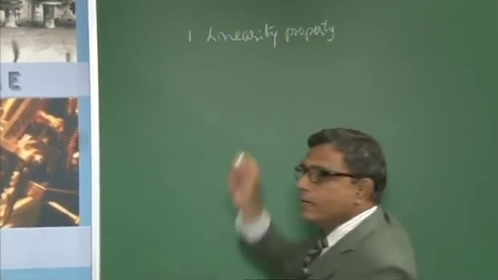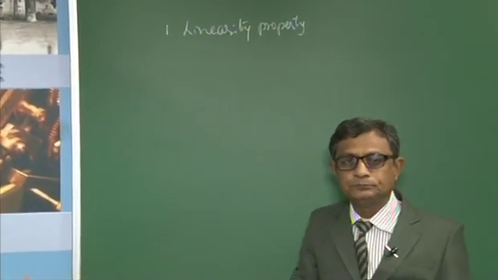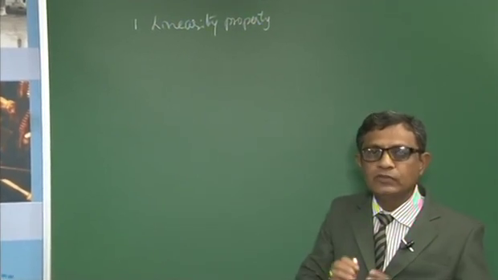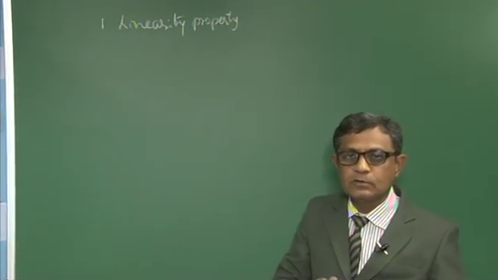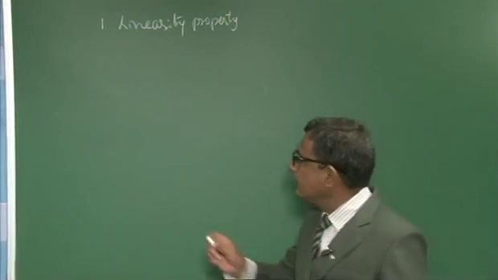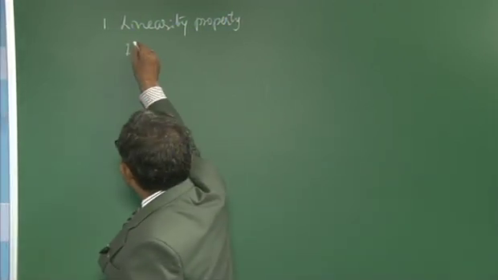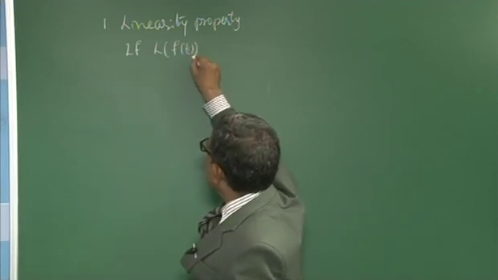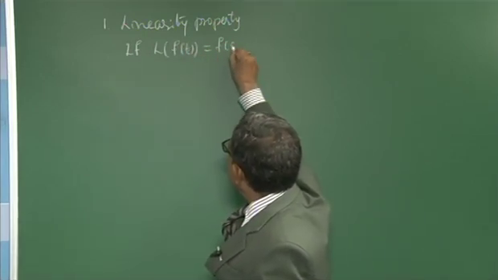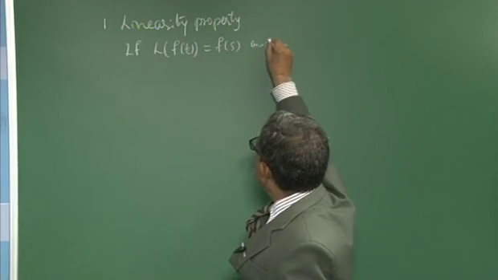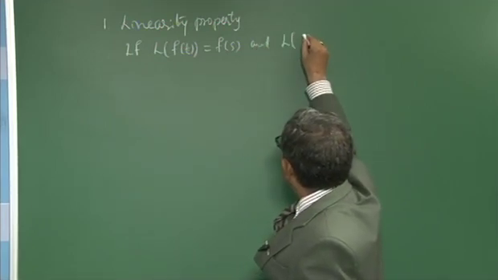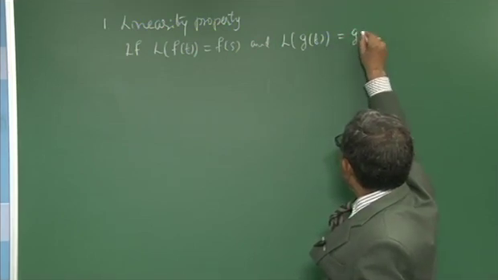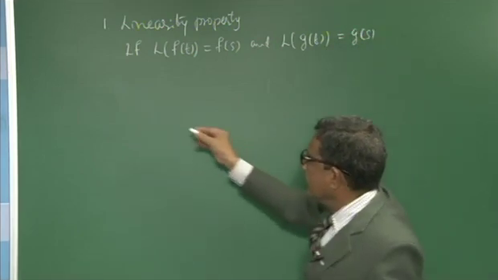In the linearity property we take the constant outside the Laplace transform operator, that is, if L of f of t is equal to F of s and L of g of t equal to G of s, then